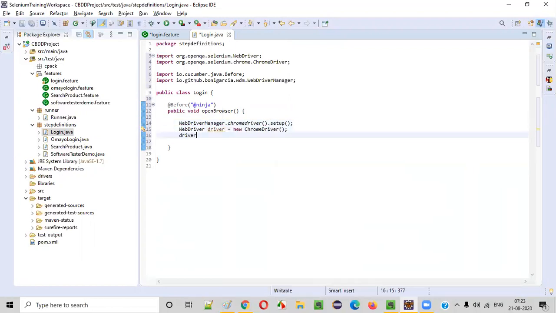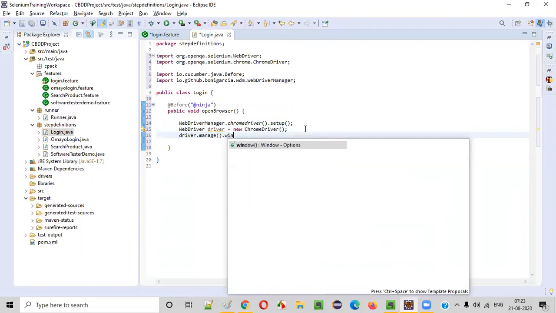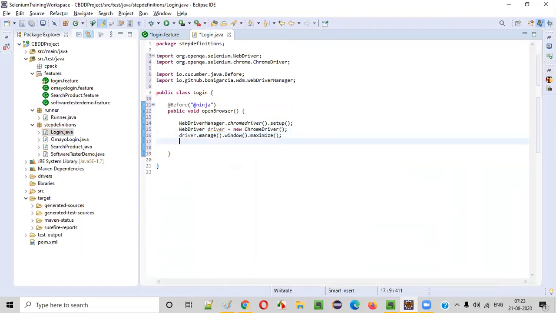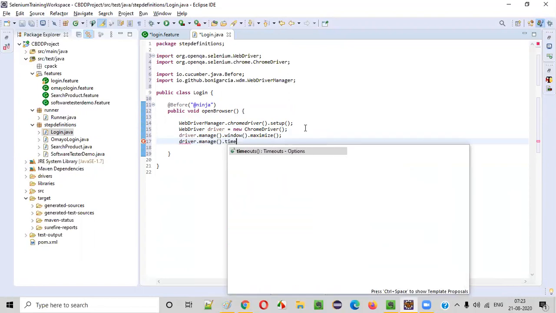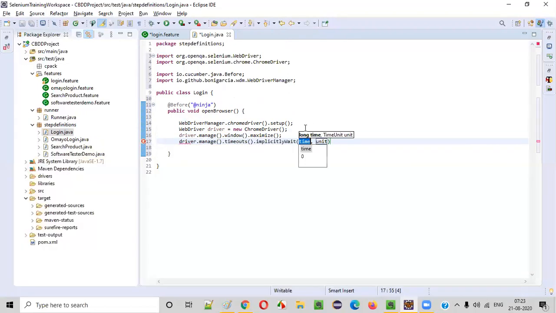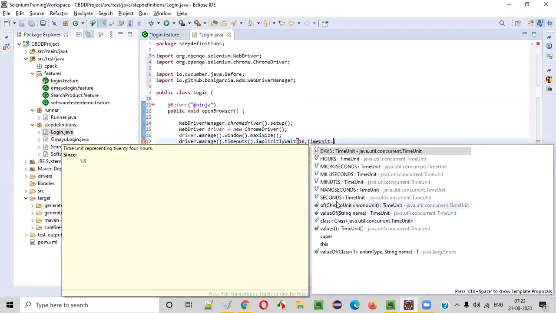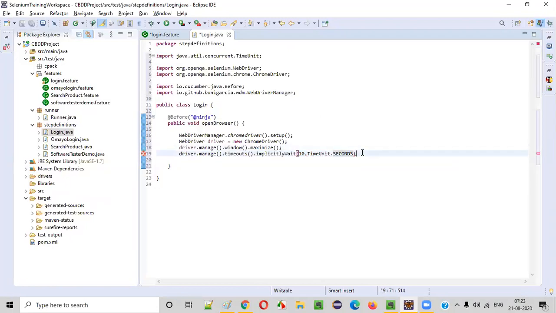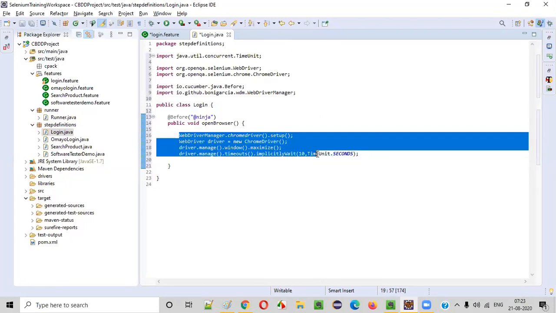Here say driver.manage().window().maximize(). Now driver.manage().timeouts().implicitlyWait(10, TimeUnit.SECONDS). Like this, these are the prerequisite steps.